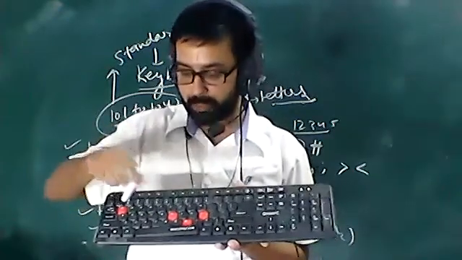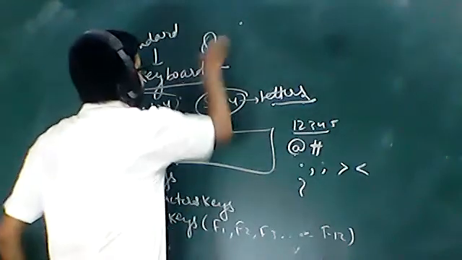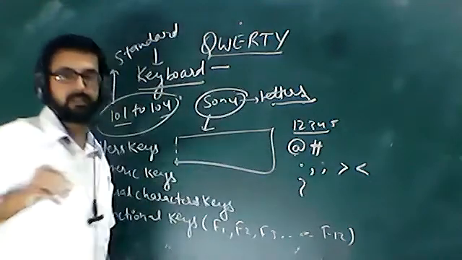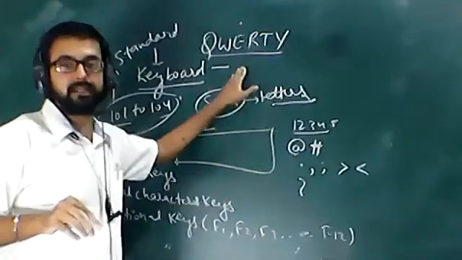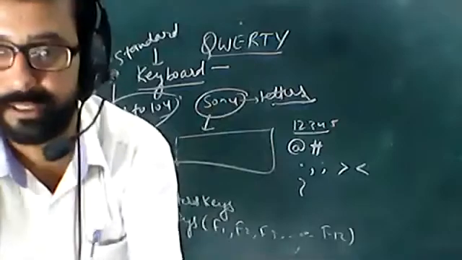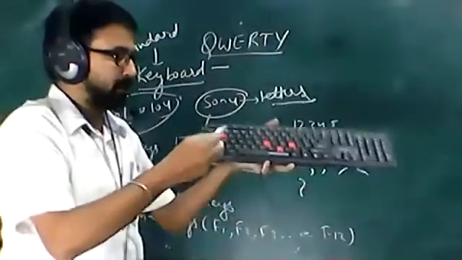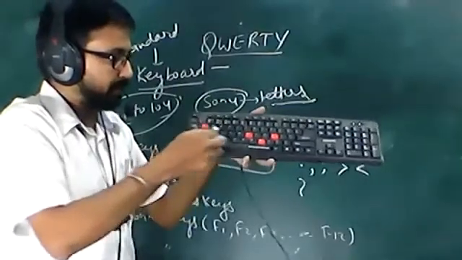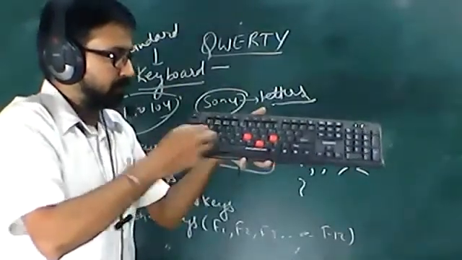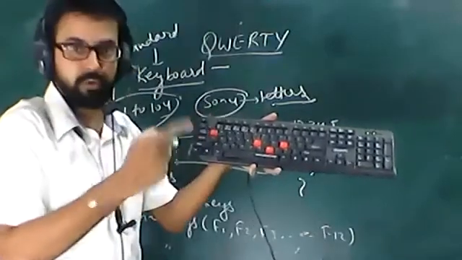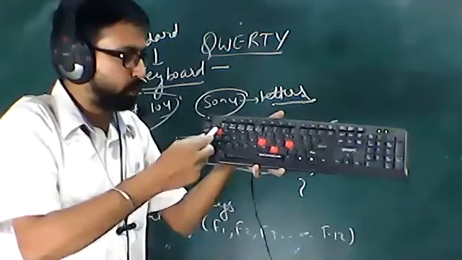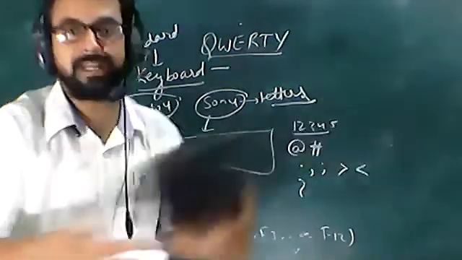It is your QWERTY keypad. It is known as the QWERTY keypad. Why is it known as the QWERTY? Because of the letters Q, W, E, R, T, Y. The combination of this becomes your QWERTY. You can see it on your keyboard. If you have one at home, you can check: Q, W, E, R, T, Y, QWERTY.